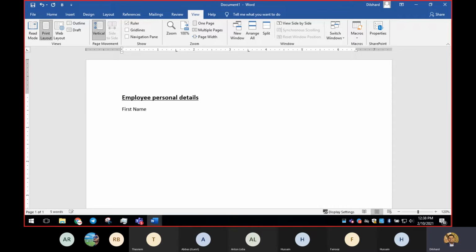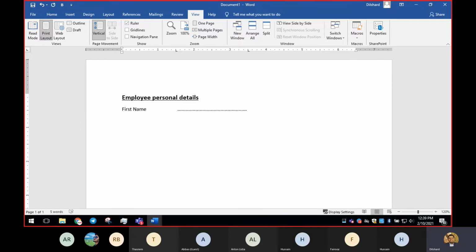So once you complete doing that, I'm going to have this first name, and after typing this you have to press the tab key on the keyboard, then it will directly take you to the first tab. We have two tabs, so it will directly take you to the first tab. You can see the cursor is appearing here, and no need to type anything because we have already asked in the tab settings to insert the dotted underline automatically. So we're not going to type anything. We're going to directly press the tab button again. You will see these lines automatically.